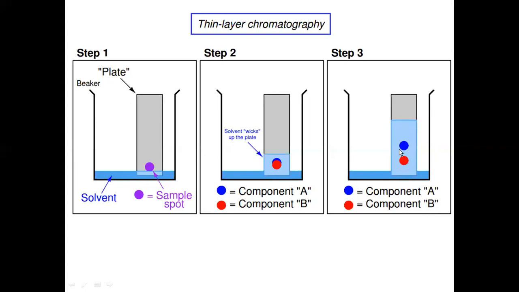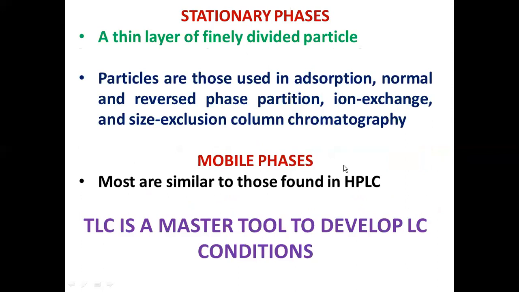This distinct positioning of component A and component B over the surface of the TLC plate is due to the affinity of the solute towards the stationary phase. Here the movement of the solute was slower. The movement of the blue color solute was faster because the retention of this solute in the mobile phase is greater, whereas component B resided over the surface of the stationary phase for a longer time. So the elution order can be proposed in such a way that component A is eluted first and component B is eluted last. So this is the principle of thin layer chromatography.